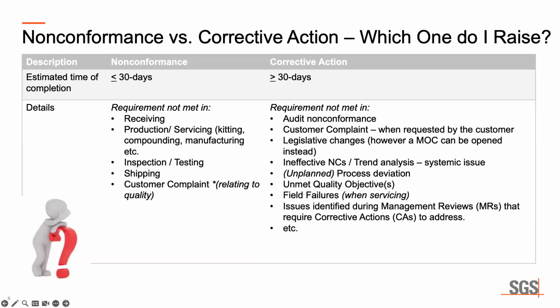And whenever you notice that, hey, we are increasing the trends in terms of issues that we're having with one particular supplier, this is now going to trigger a corrective action, where you can't spend more than 30 days identifying what the problems are. But needless to say, you've accumulated all of those nonconformances to say, we have an issue with the supplier, but we want to do a more in-depth investigation, and therefore now we have to open up a CAR. And that CAR can also reflect and make reference to those nonconformances.